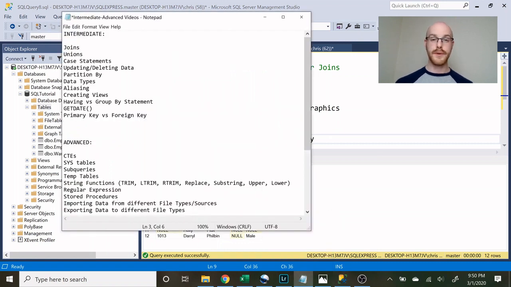So we're going to be walking through joins today, and then in future videos, we're going to be walking through unions, case statements, updating and deleting data, partition by, data types, aliasing, creating views, having versus the group by statement, the GetDate function, primary key versus foreign key, and then we're going to have an advanced course, and this is